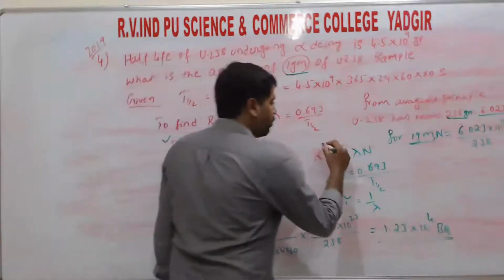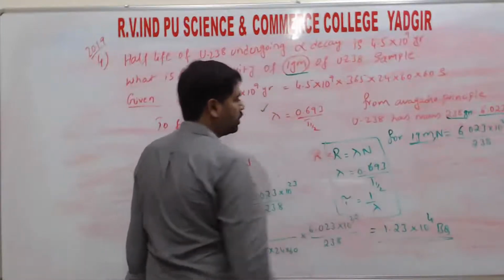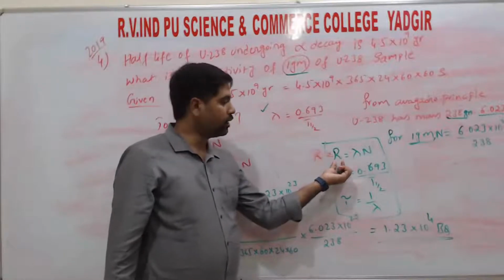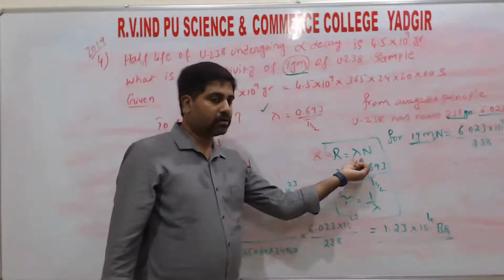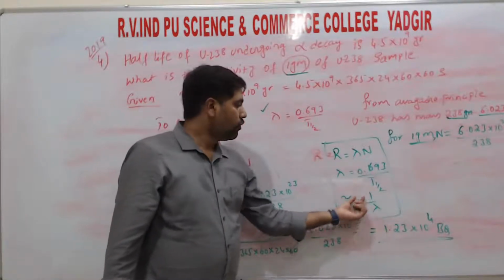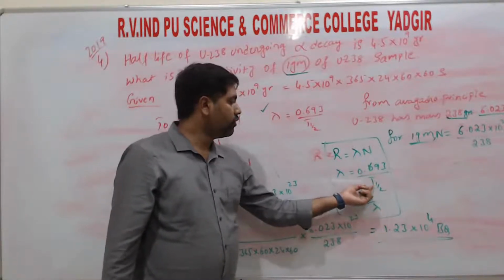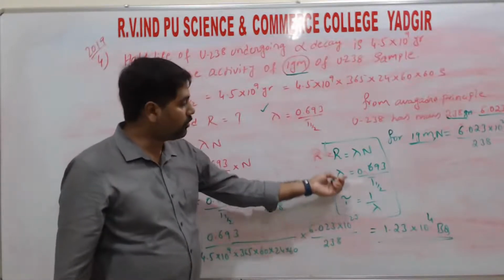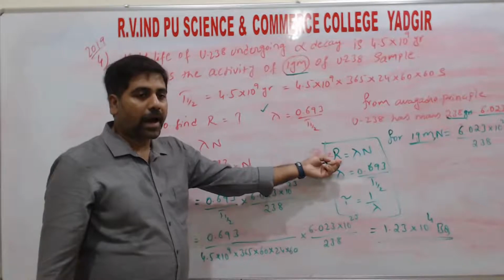Only we have these 3 formulas, right? So either they ask to find the activity giving the decay constant or they give the half-life. If they give the half-life, then from this half-life we can find the decay constant, we can find the mean life, and we can find the radioactivity,